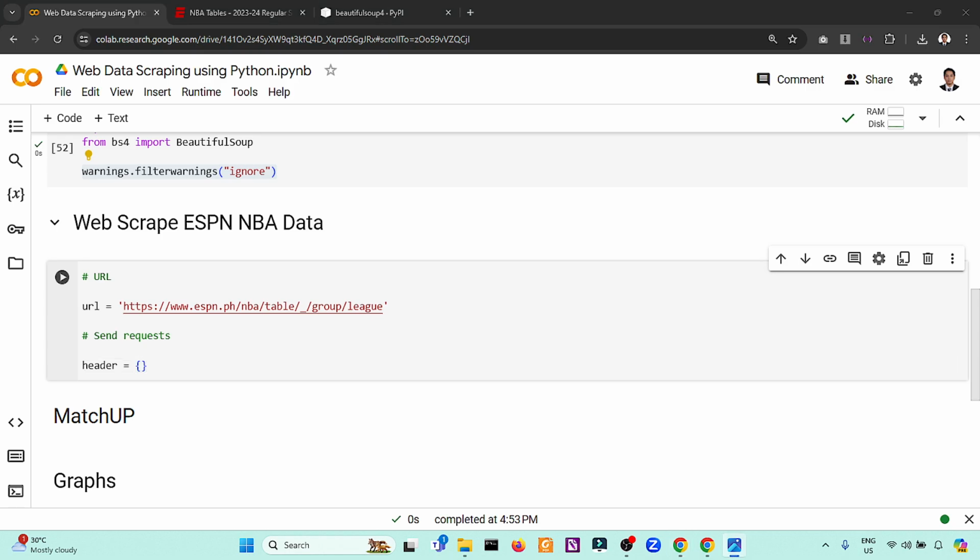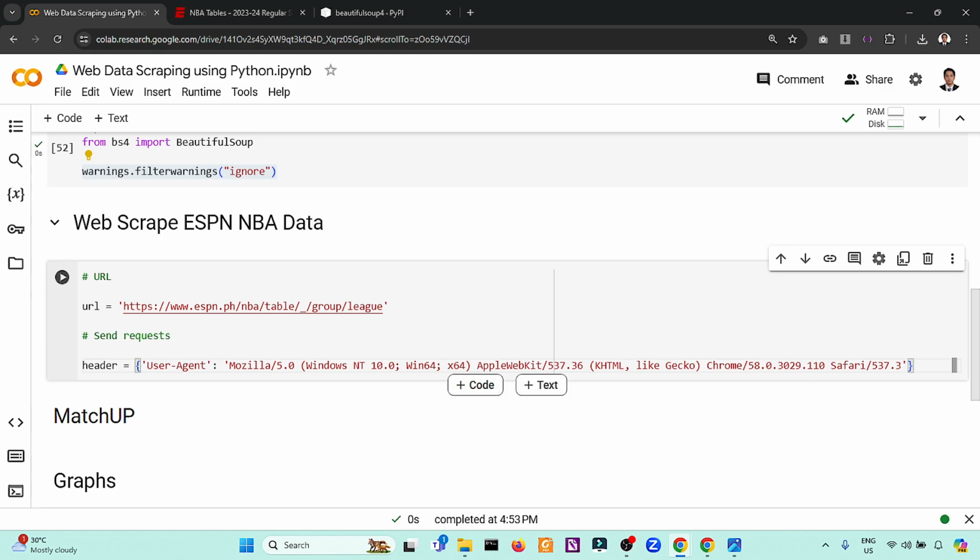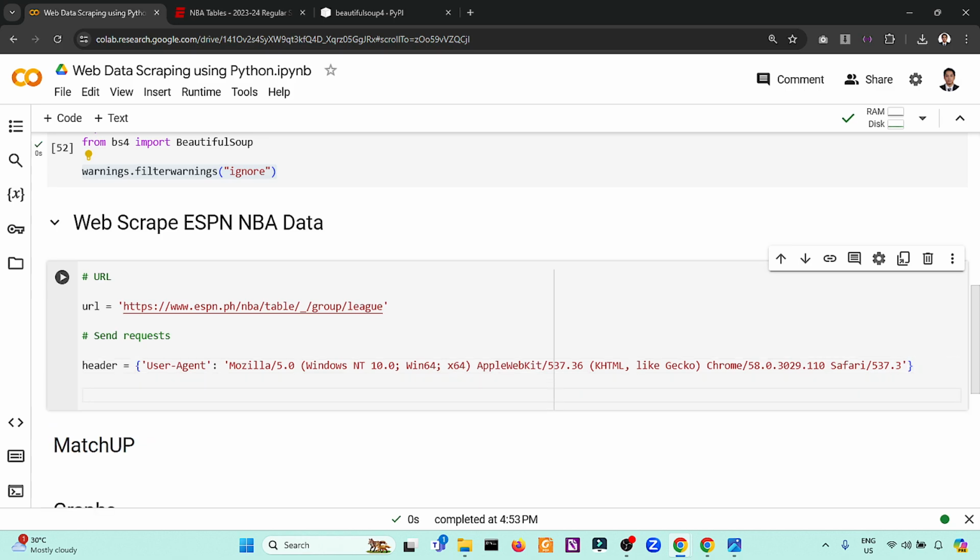I will copy and paste the existing code. This part is very long. We need a user agent in order to simulate that a web browser is trying to access this specific link. So that will be the header.